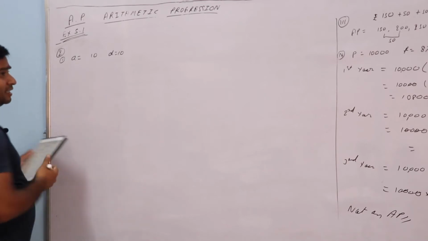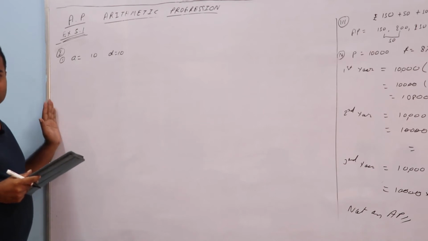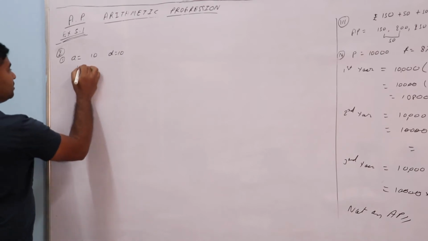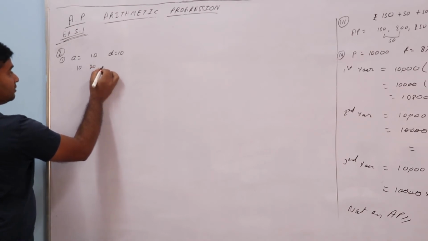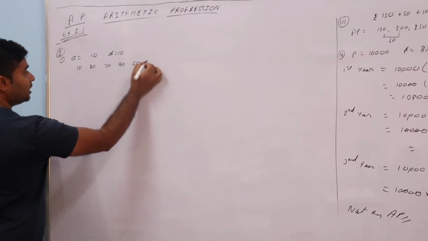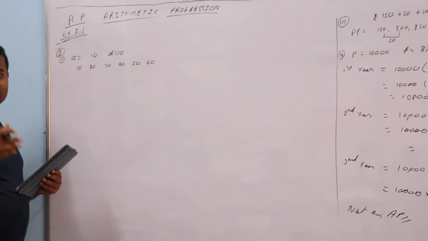So see, actually this kind of question will not at all come in the exam. This is a very easy question. If it comes also, it is with a formula. Correct. So here we will go fast. If the first term is 10, the second term will be 10 plus 10, so 20. Again 30, again 40, again 50, again 60. No need to think more. This all you know, right? We should add the D.